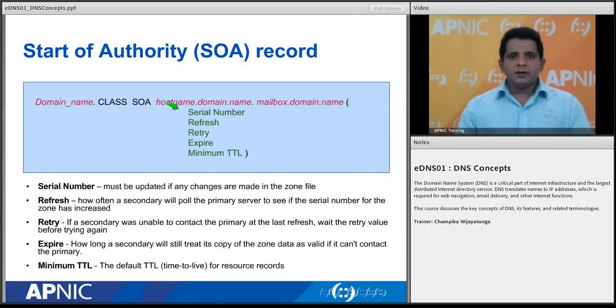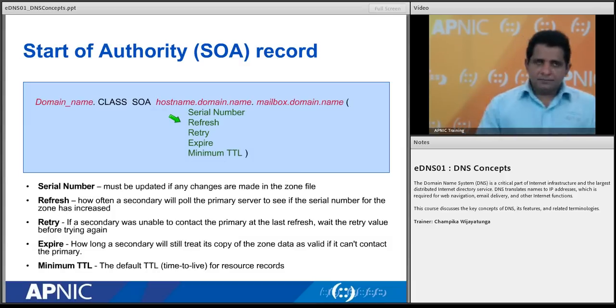So you have 4 digits for the year, 2 digits for the month, 2 digits for the day, and 2 digits for the sequential updates. So you have 10 digits there. That's all you need to know about the serial number, but if you need to know more, there is further information you can read. Okay,